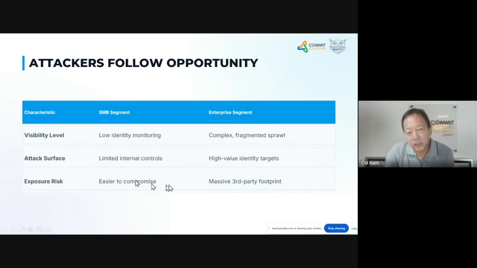If you look at this, a larger organization is in a way the opposite of the smaller SMB, but they are a high target because they have a lot of high value data, which is valuable to the attackers, right? As I said, the end goal is very simple. The end goal is just to make money out of you. If there's no money to make out of an organization, nobody really cares to attack you, because those days when you were doing it for fame are over. Nobody does that anymore.